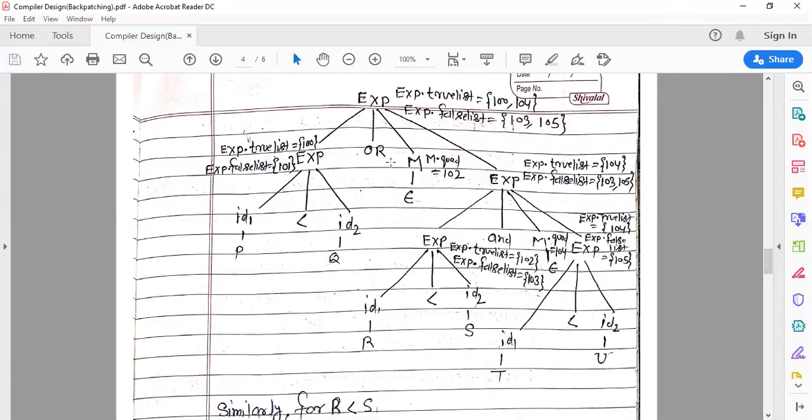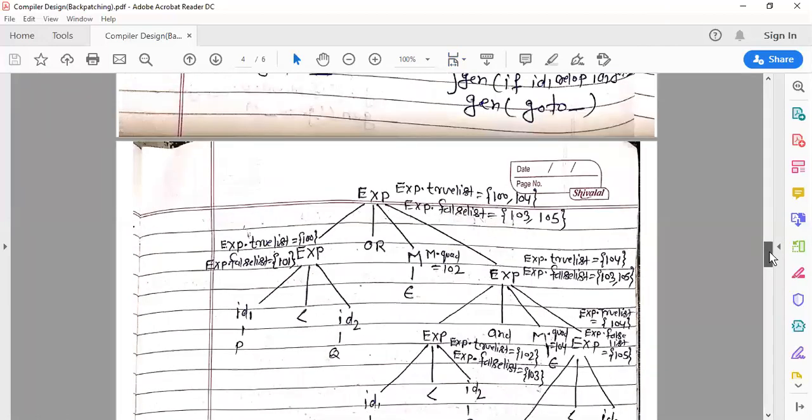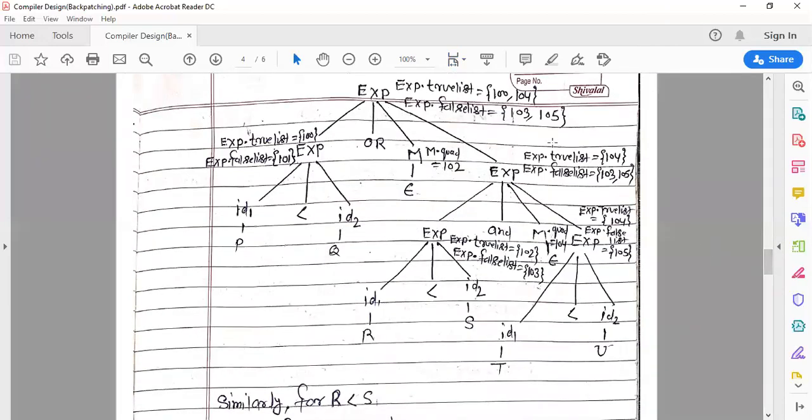You have to create the parse tree, and in the second step you have to traverse it. You can apply the technique from top to bottom, left to right. Then you traverse from this side, and when you find a reduction, you perform the action. So when I traverse this parse tree, you start from here at exp, and when you come to this node, id1 relational operator id2, this will be reduced to exp.